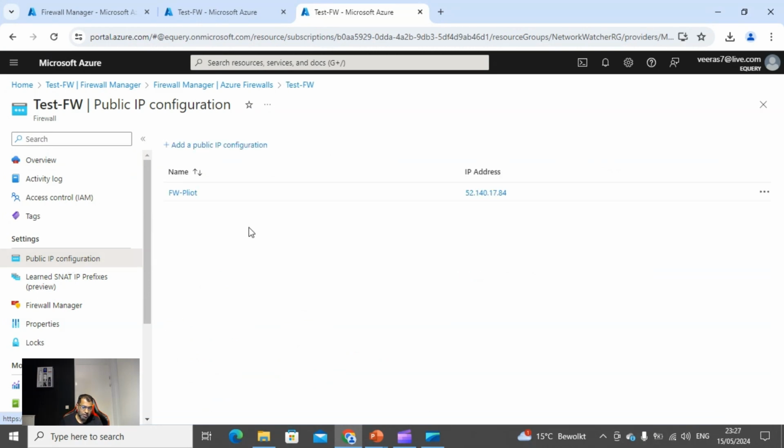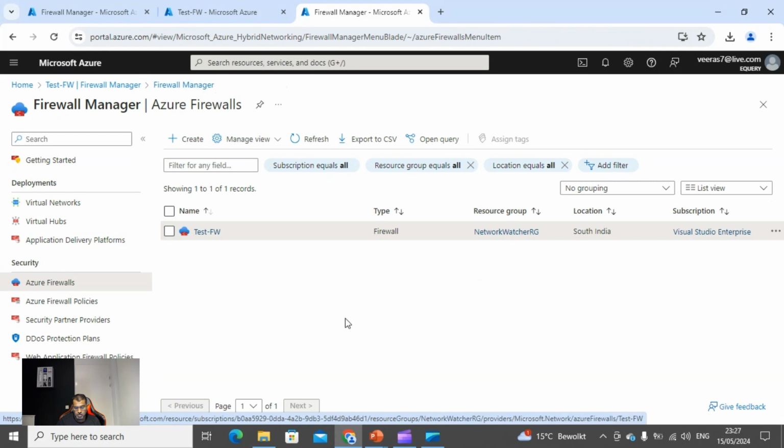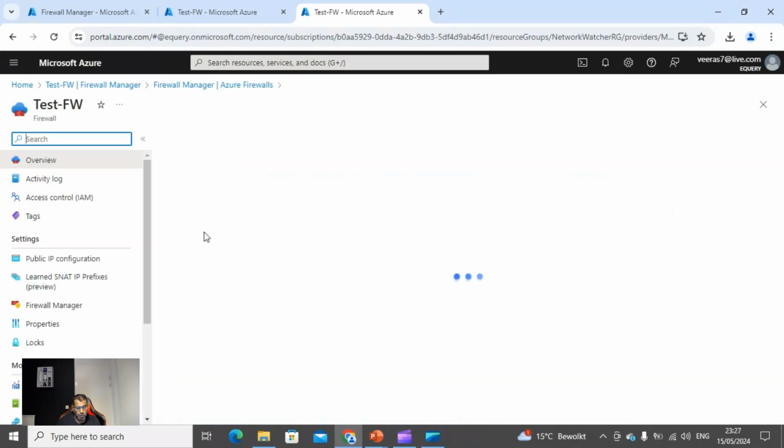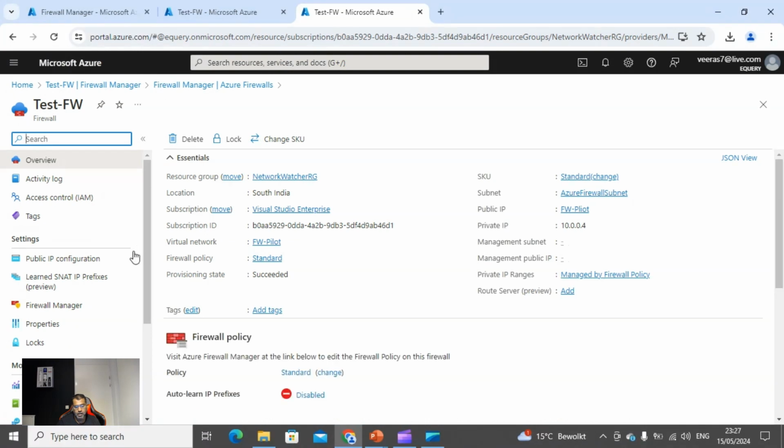So it's not that you need to use just one public IP, or that you should have just one firewall. It's based completely on your requirements how we design your network for south to north traffic, whatever is going to the internet. Yeah, so this is what we talk about with the Azure firewalls, and it doesn't stop with this,